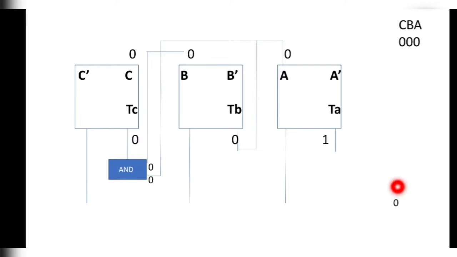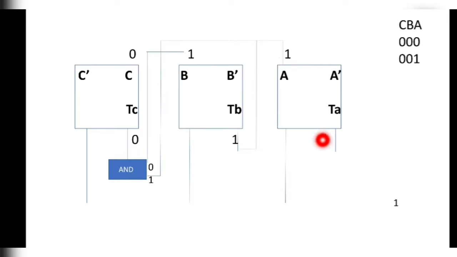So what changes will happen here? All the changes will be reflected at the same time. Now observe carefully. The clock became 1, meaning all these circuits will start working. TA is 1 here, so since TA is 1, this will change its value. A will become 1. When A becomes 1, see the output 0 0 1, that is the decimal equivalent of 1. So A also became 1 here, and TB is 1, so this will become 1. But at the same time, when this becomes 1, this is 1 already here, this will become 0 in the next iteration, right?